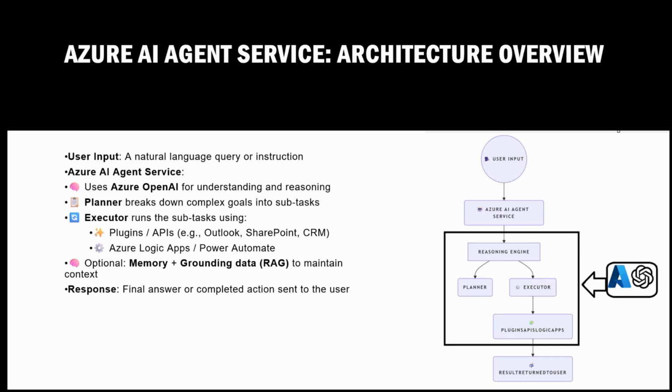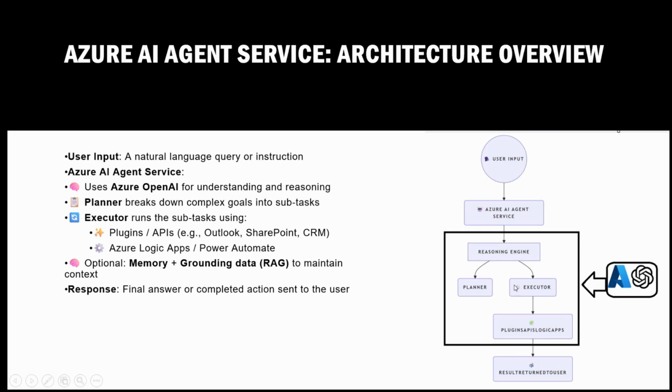Let's assume that, and what it would be doing is the AI agent interprets that and breaks it into simpler steps like a planner, and then executes each action using the plugin, and then